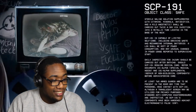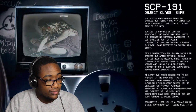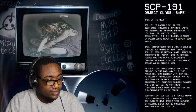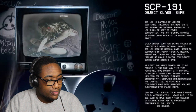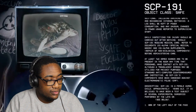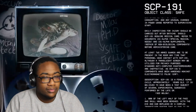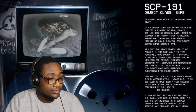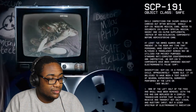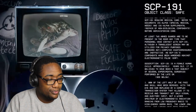Should SCP-191 require medical care, refer to documents 191 Alpha, Special Medical Needs, and 191 Alpha Supplemental, Repair of Non-Biological Components, before administering care. At least 2 armed guards are to be present in the room at any time that personnel have had contact with SCP-191, although a translucent screen may be utilized for privacy purposes. Standard anti-computer countermeasures are ineffective, as SCP-191's components have been hardened against electromagnetic pulse, EMP. Okay. Description: